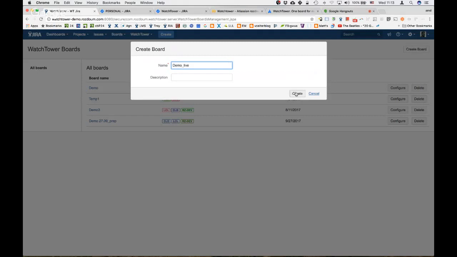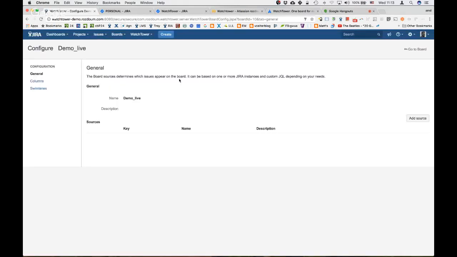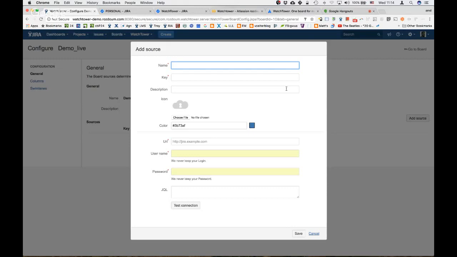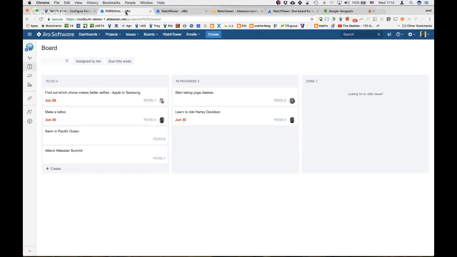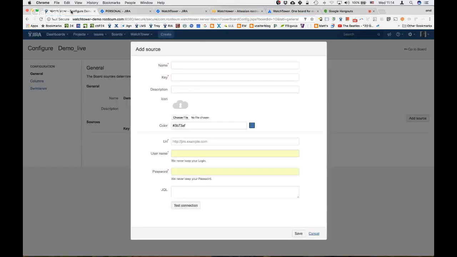We create the board. The most important thing is you need to give it a name. You can have a description if you please. And then you need to configure the sources. The sources are the things from which you pull the data. So at this point, we create that we want to pull the data from this Jira. So this is the cloud instance. We configure that, and we say that this is going to be our personal items. But we know that this is a cloud instance, so what we need to do is provide some